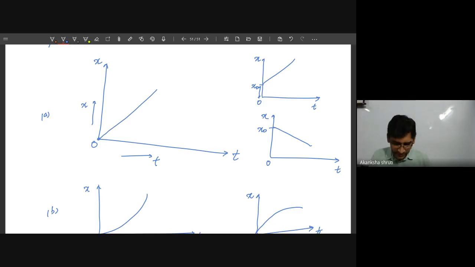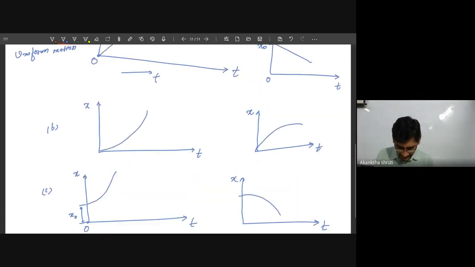What we are observing is that when the object is in motion, the x-t graph, or position time or displacement time graph, is always a line, maybe a straight line or curved line, but it will not be parallel to the time axis. We have also learned this. First is for uniform motion. These B and C are for non-uniform motion. These were the various graphs we have plotted.